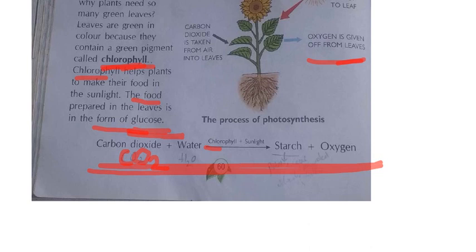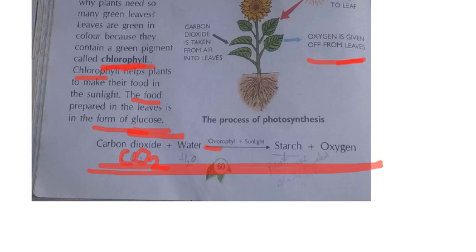Starch means ganji padarthalu antam kadana. Suppose when your mother cooks rice, that one will come, no, starch will come outside. Ganji antam kadana, that one. And suppose potato is there, from potato also starch will be coming outside. When you cut the potato, all the liquid will be there, no, all cream color liquid, that one is called the starch. So generally plants give the starch outside and it will be stored as the extra food in the plants. Okay, later you will see.